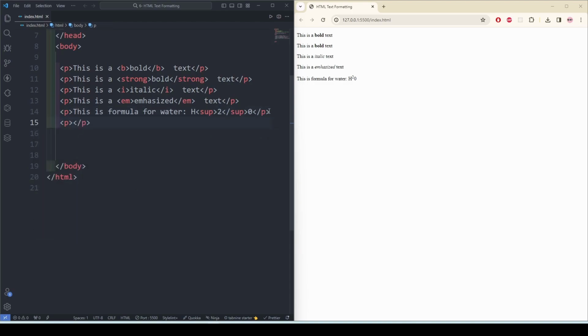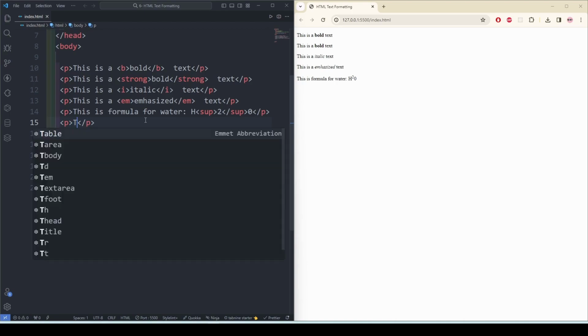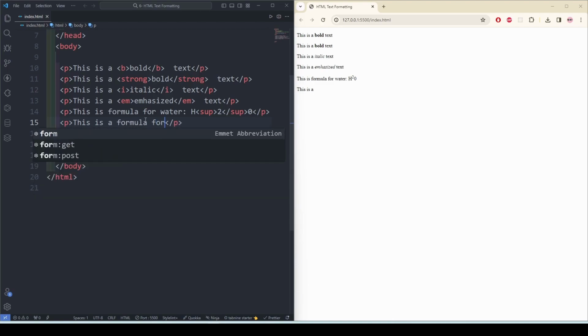Now let's just say I want the 2 to be half a character above the H, above our line. To do that, I can also use this. This is a formula for